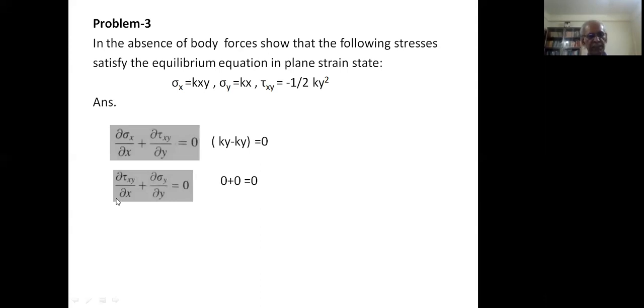Second equation is del tau xy by del x plus del sigma y by del y is equal to 0. That is the equilibrium equation. Now let's differentiate this tau xy with respect to x. We get 0 because there is no x term there. And then sigma y differentiated with respect to y is also 0. So it becomes 0. So both the equations are satisfied, and we can say that the